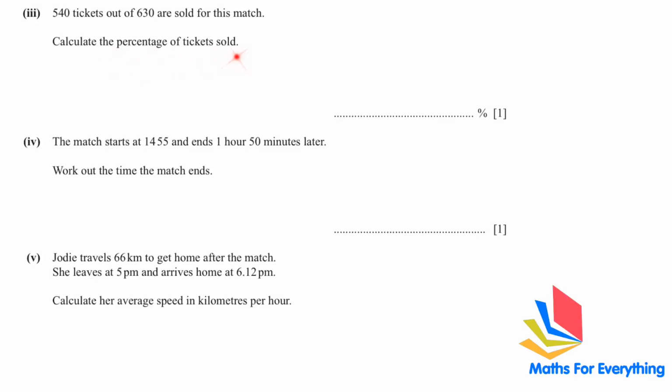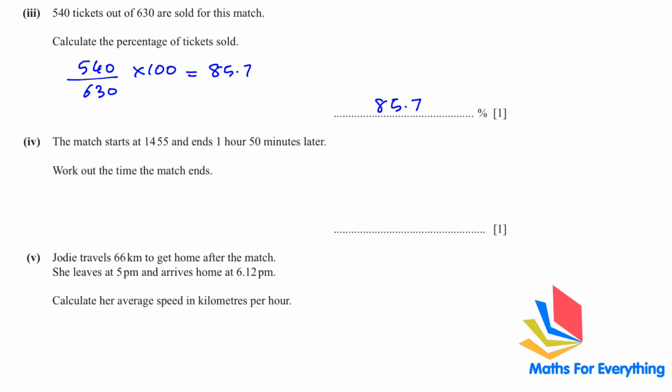In the next question, 540 tickets out of 630 are sold for this match. Calculate the percentage of tickets sold. So 540 out of 630, so divide by 630. Whenever you want to find the percentage, we multiply by 100. That will give us